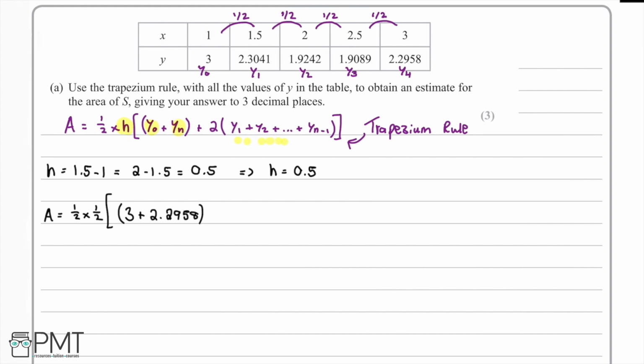We'll just put our brackets in just to keep everything straightforward. And then to this we're going to add 2 lots of 2.3041 plus y of 2, which is 1.9242. And then we have y of n minus 1, which is y of 3, which in our case is 1.9089. Then we close our big brackets, and we put all of this into the calculator, and we get that the area is equal to